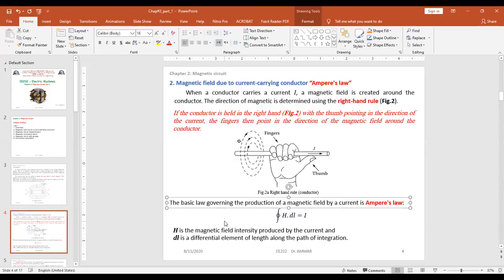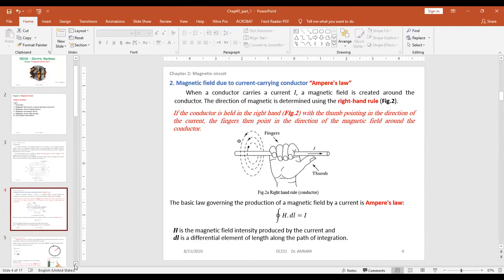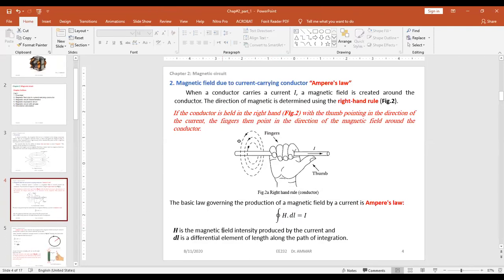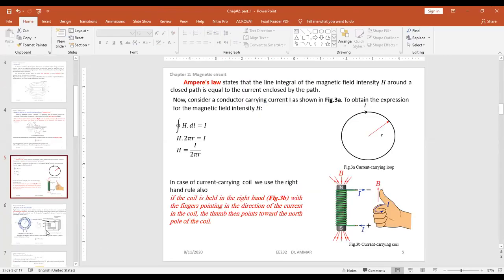The Ampere's law is shown here: the closed integral of the magnetic field intensity H dl equals I. The Ampere's law states that the line integral of the magnetic field intensity H around a closed path